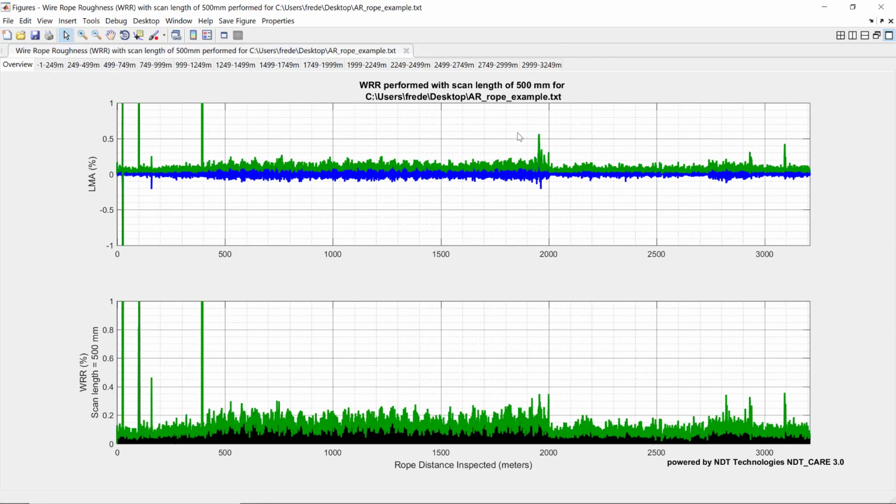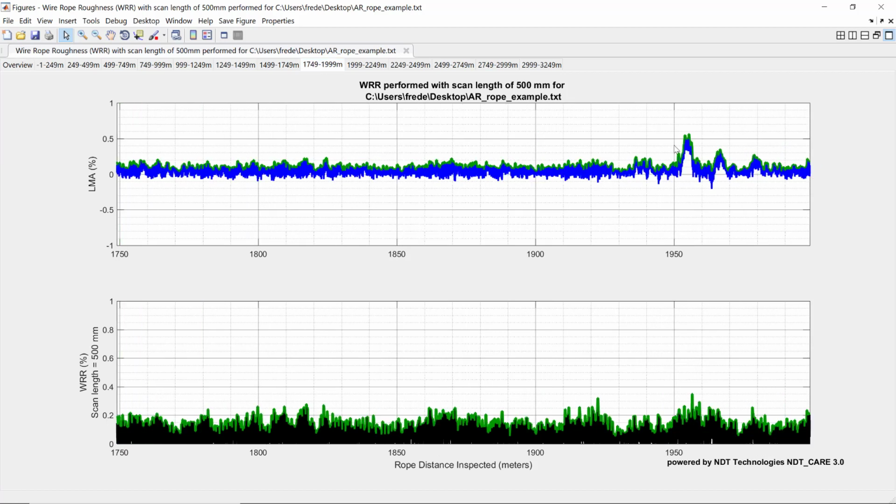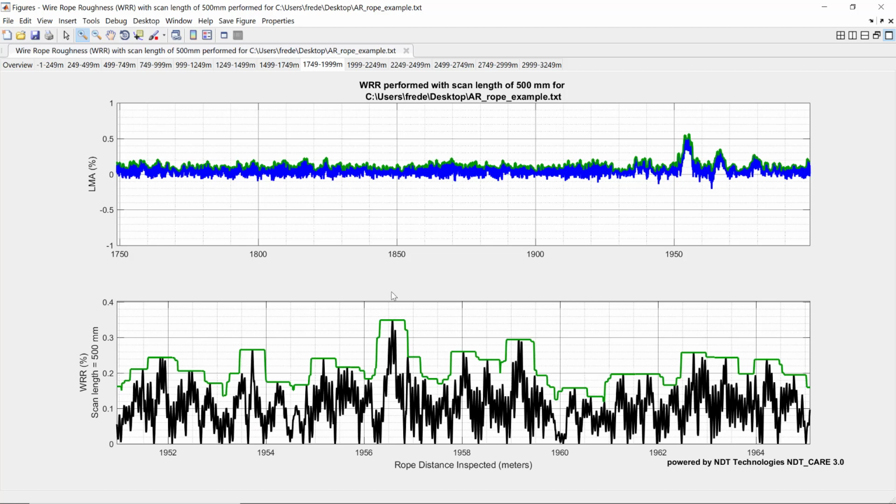Another feature we can use is, let's say there is some part of the rope of interest, maybe around this 2000 meter mark. So maybe I click this tab, zoom in, and there's potentially a feature here that I would like to look at. Again, I could then zoom in a little bit more. And perhaps there's a feature here, and if I want, I can then select this button right here, click it, and